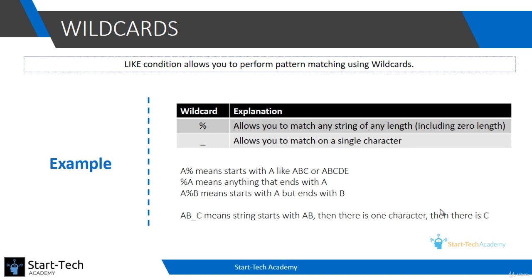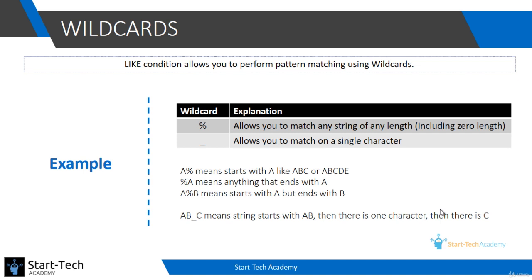For example, if you write a%, it means any string which is starting with a. There can be any number of characters in that string. %a will mean that the string is ending with a. In front of a, there can be any number of characters. a%b will mean it is starting with a, ending with b, and between a and b there are any number of characters. Do note that a space is considered a character, and even zero characters, I mean no character, will also be acceptable. So a%b will also include ab, where there is no character between a and b.